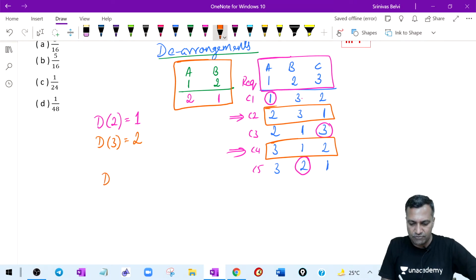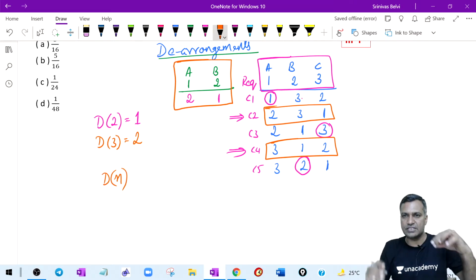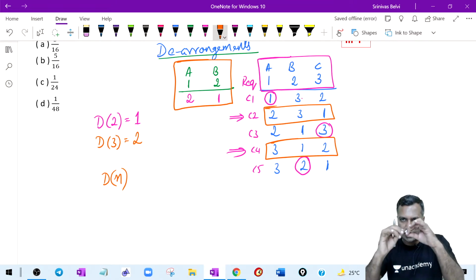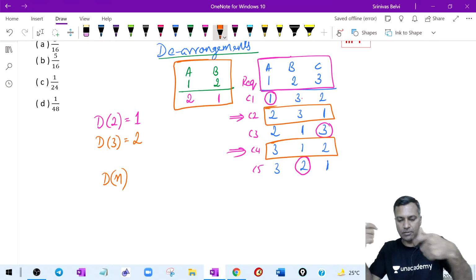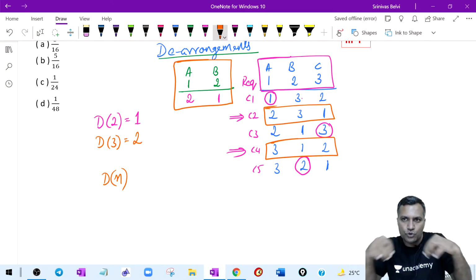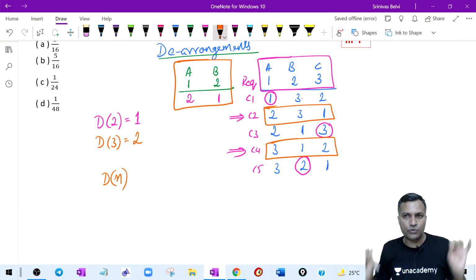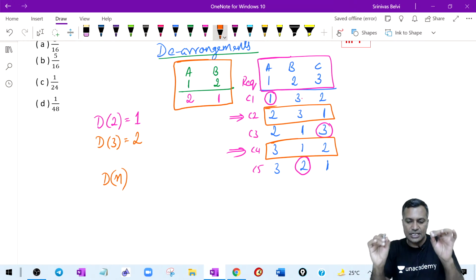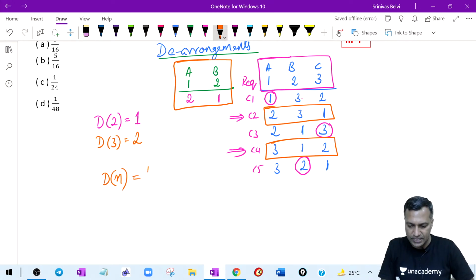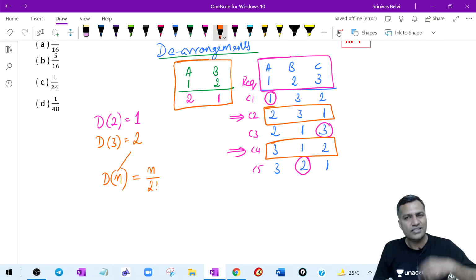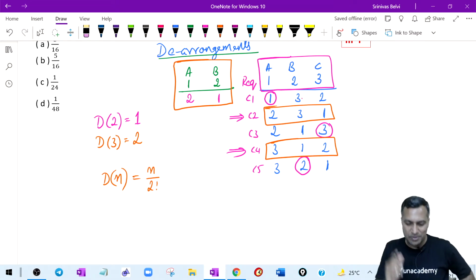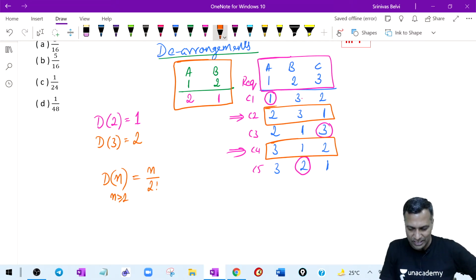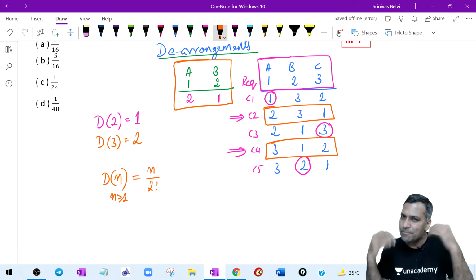Now, dearrangement for n things. If there are n letters and n envelopes, and you place in every envelope a different amount of money, and there is a thorough mess up between them, this is what we call a dearrangement. What if n is 1? Then dearrangement is just not possible. So n should be a minimum of 2. The value of n should be greater than or equal to 2. Otherwise, dearrangement is an impossible situation.